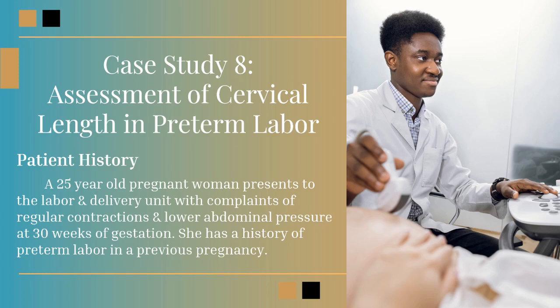You have a patient, 25 years old, who presented to the labor and delivery unit with complaints of regular contractions about 3 to 4 minutes apart over the last day, increasing in strength and pressure, at around 30 weeks gestation. She has a history of preterm labor with another pregnancy. They've been keeping a close eye on cervical lengths and watching this patient, and considered a cerclage, but the patient